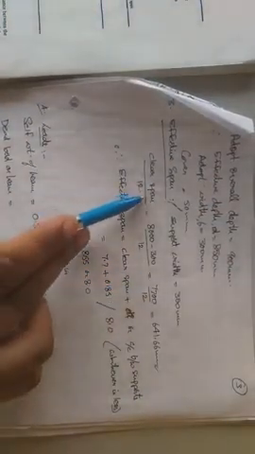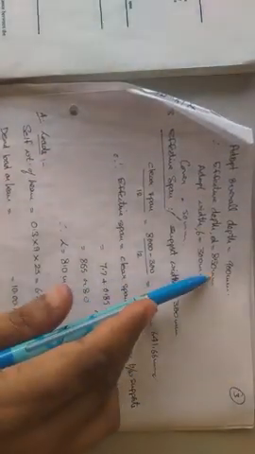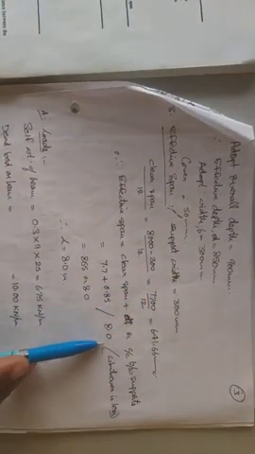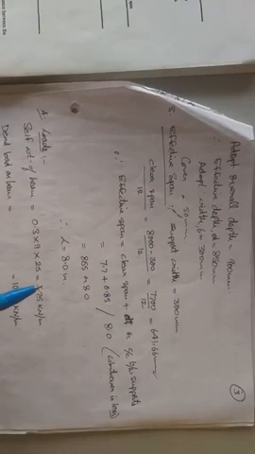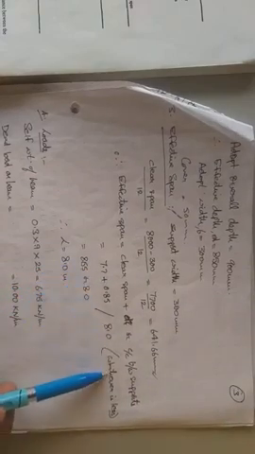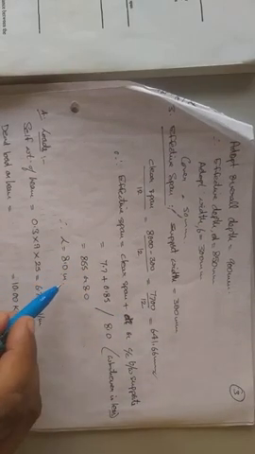So the effective span is defined from the first case, which says it is the clear span plus the effective depth of the beam, or center to center of supports, whichever is less. If you substitute the values, the clear span is 7.7 plus the effective depth of the beam we have assumed as 850 mm, or the center to center between the supports, whichever is less. So 8 meters has been given to us in the question itself. This comes out to be 8.55 or 8, whichever is less. So 8 is less, therefore we have fixed our effective span as 8 meters.